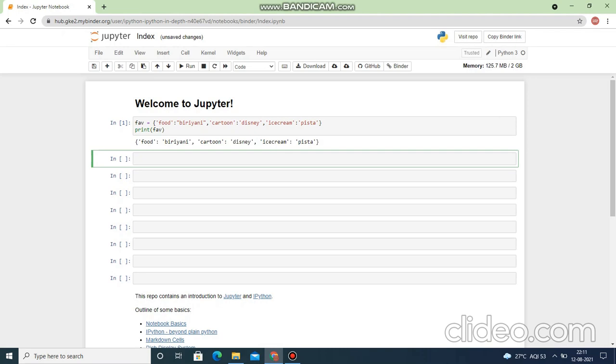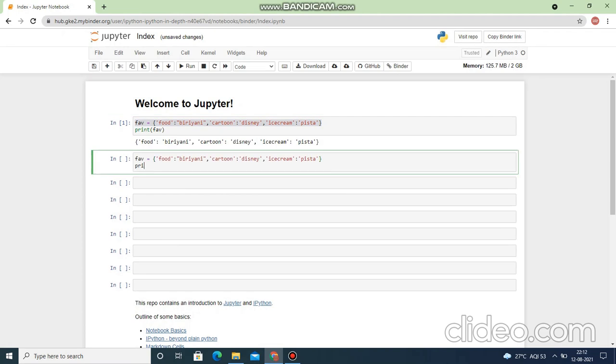Now I'm going to show you how to access each item using the key. Let's take print, I'll be copying the same thing itself. Now let's give print favorite of food, right?